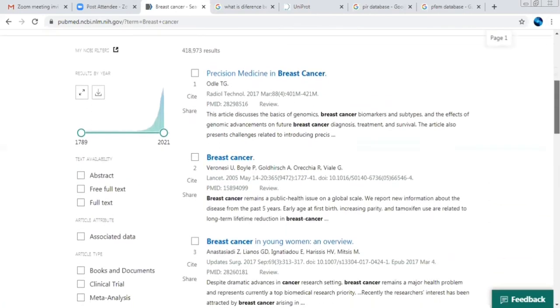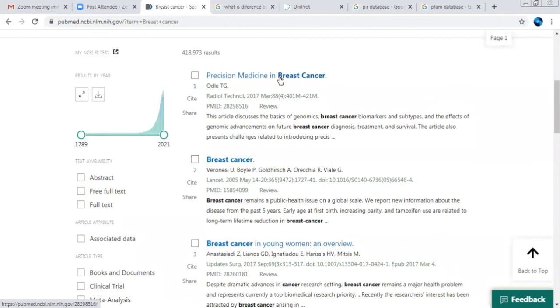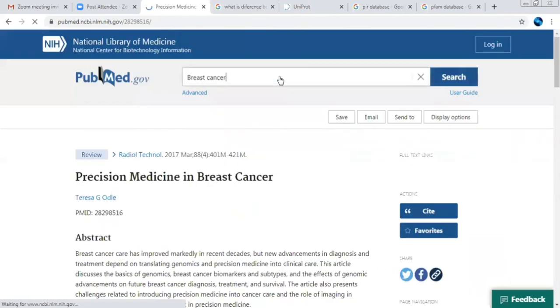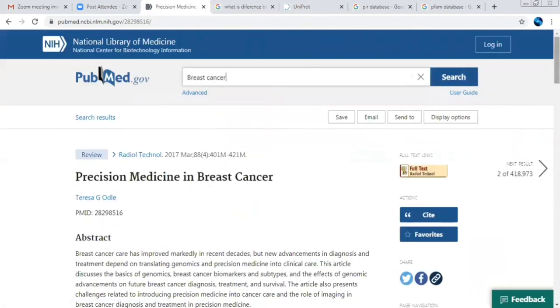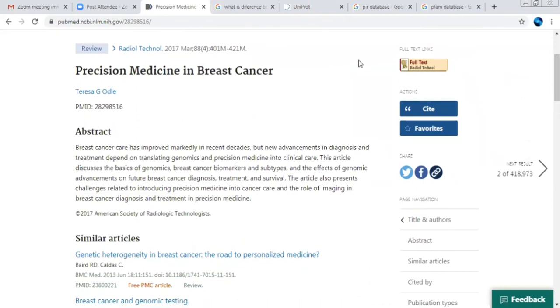Now I am going to open one of the publications from here, so that we can see what data it actually provides to us. You can see the title given to you, and here you can see it's a review paper. It is not a research paper, it is a review paper.